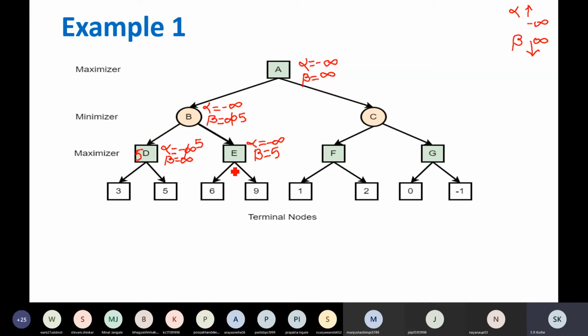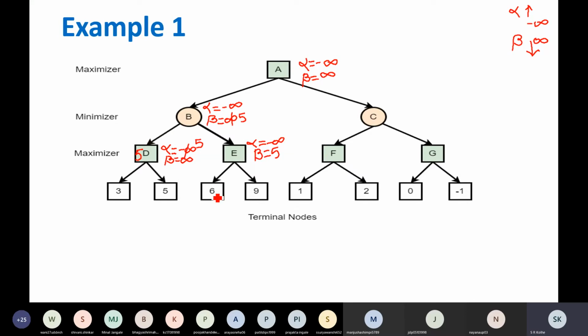That is the difference between alpha beta algorithm and minimax algorithm. Since you are following DFS, first you are going to evaluate the left part of this node E. First you are going to explore or generate this leftmost terminal node whose value happened to be 6. We don't know the right hand side part right now because you are following DFS, so we have applied the successor function that has generated this move and that has resulted in value 6.